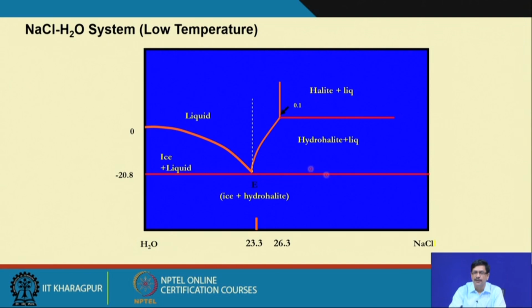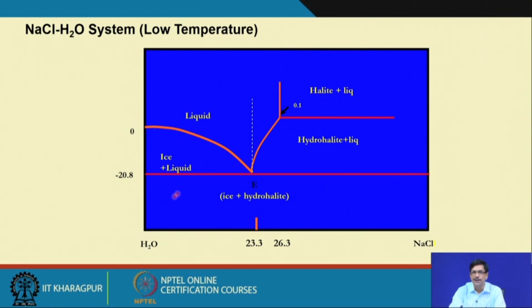Similarly, the way we conduct the heating experiments, we can also conduct the freezing or cooling experiments and use very simple principles of the colligative property of depression of freezing point to constrain the salinity, which is expressed as the weight percent equivalent of NaCl. Here is a part of a phase diagram of the water and NaCl binary, where you can see the temperature at which pure water freezes at 0 degrees centigrade, and this particular cotectic curve represents the depression in the freezing